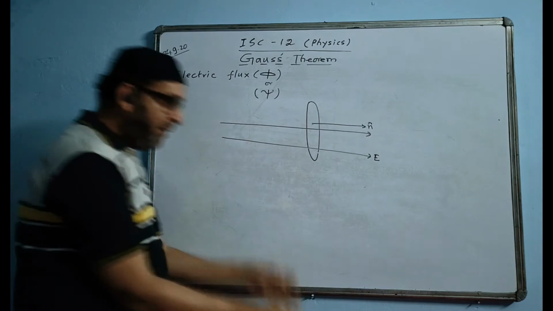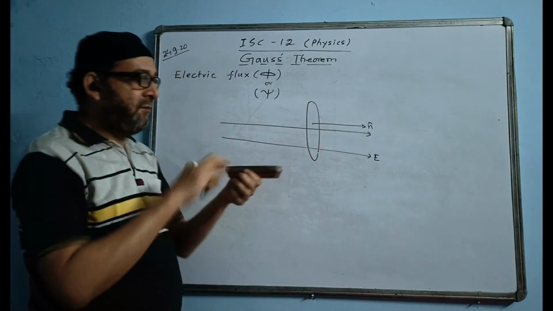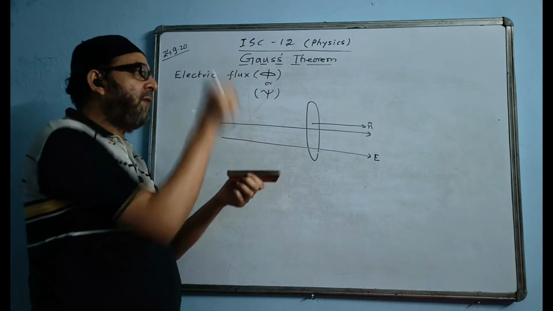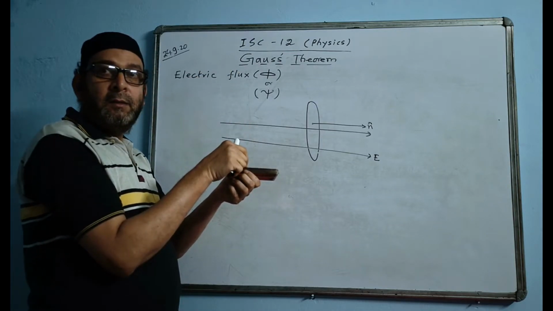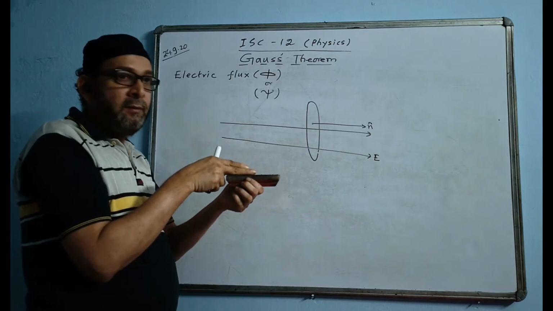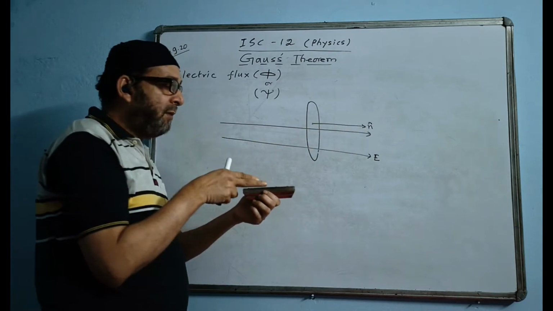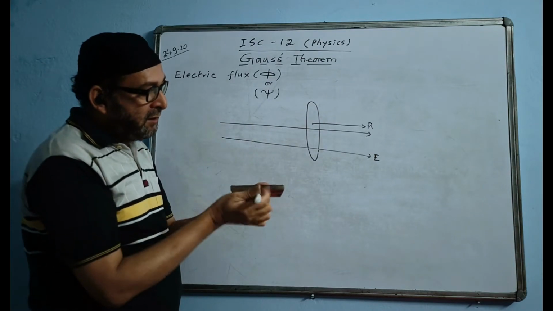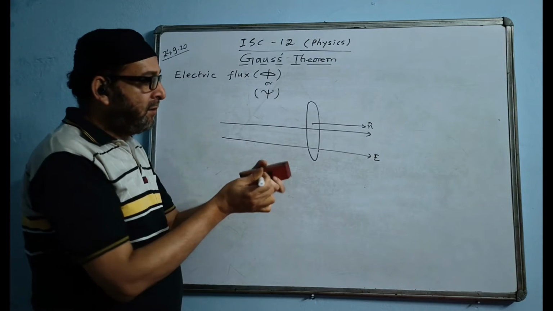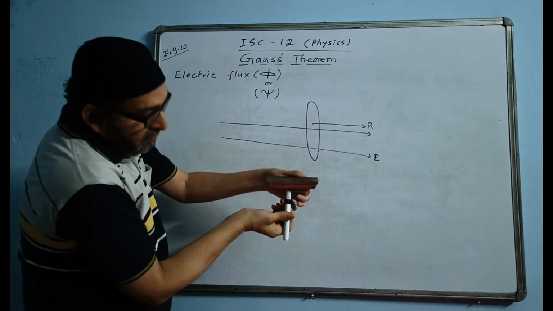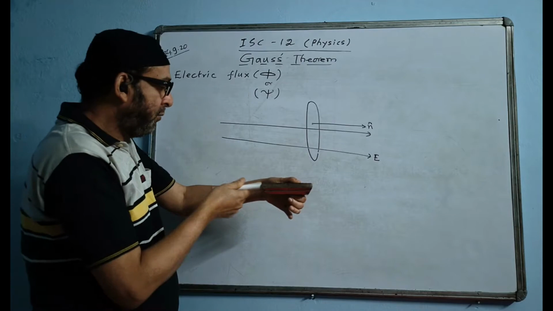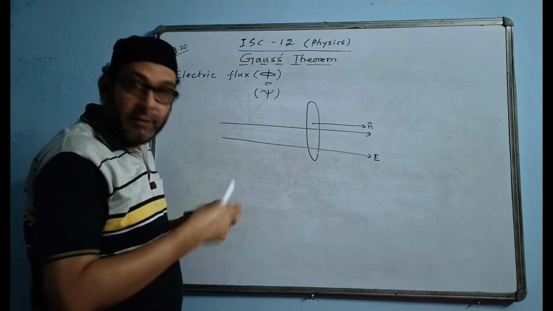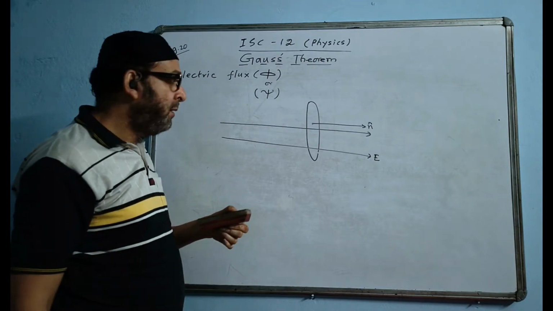If I take the duster like this, and this is the surface, what is the normal to it? This is the normal. So you have to draw the n cap like this. This is the direction of the area vector. N cap means unit vector, and that represents the area vector. If the surface is like this, then this is the normal vector. If the surface is down, this is the normal vector. This is the surface, and this is the normal vector, perpendicular to this surface.